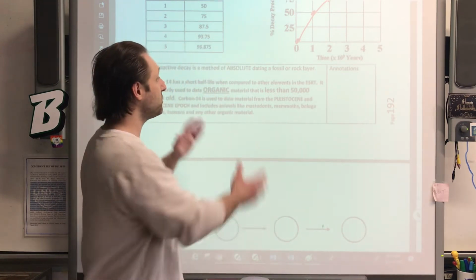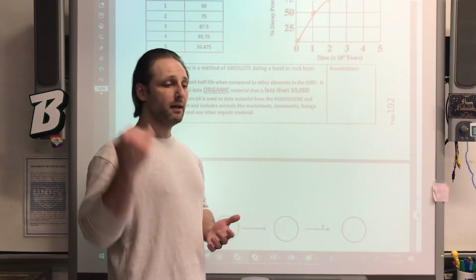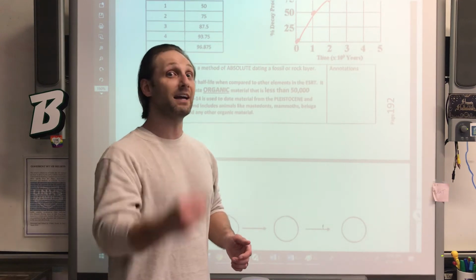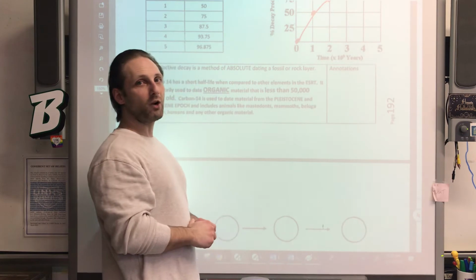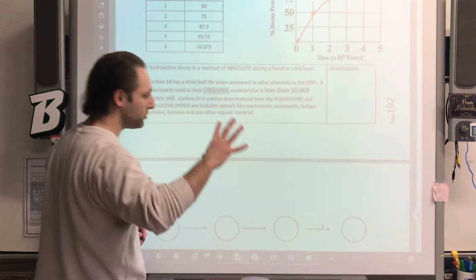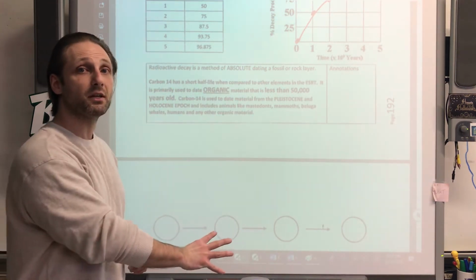But to say the very least, we are using carbon-14 to say this person died 3,000 years ago, or this person died 4,205 years ago. We are using that ratio of carbon to nitrogen to figure that out. So before we go too far into these examples and questions, before we do some independent practice,